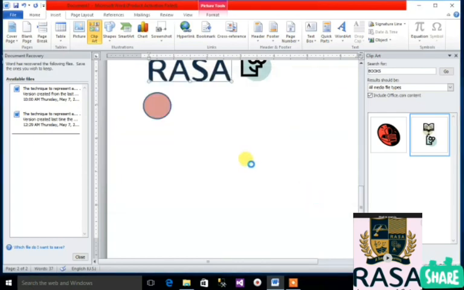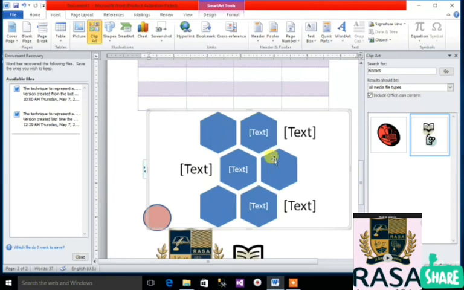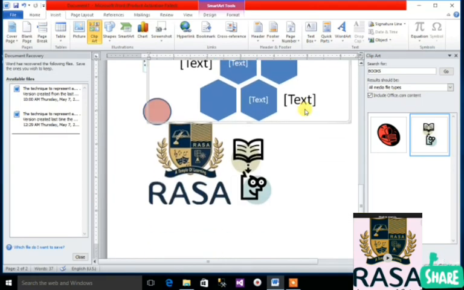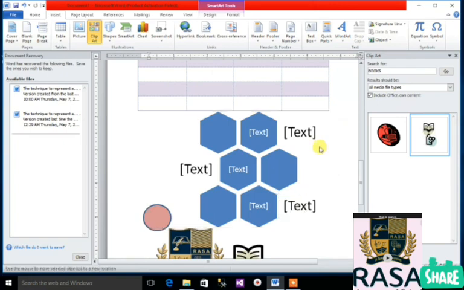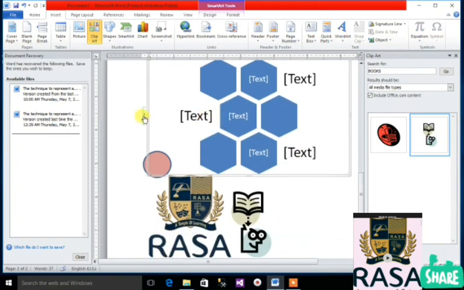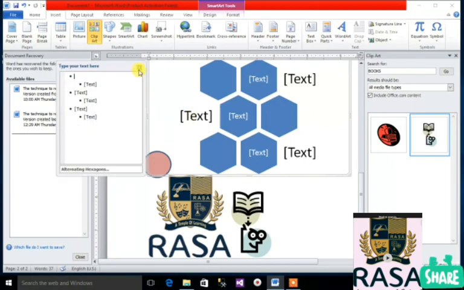You can design your document by this. And you can fill text from here like this.